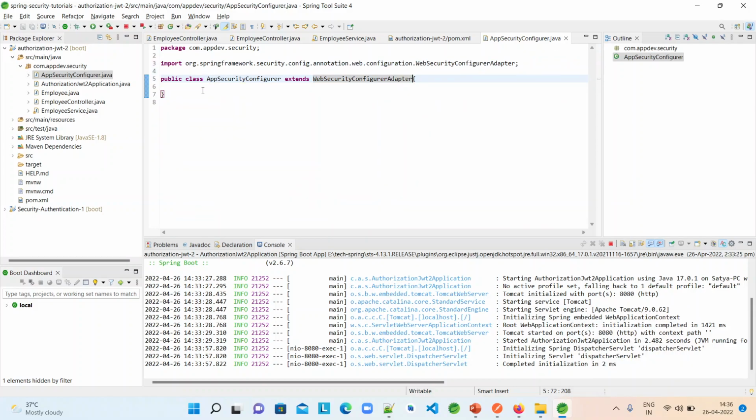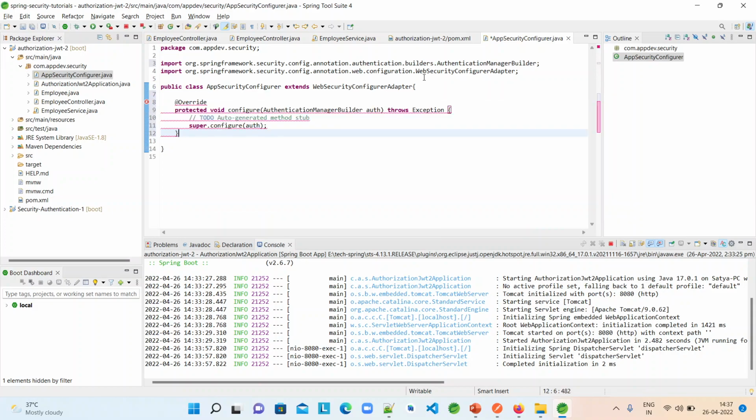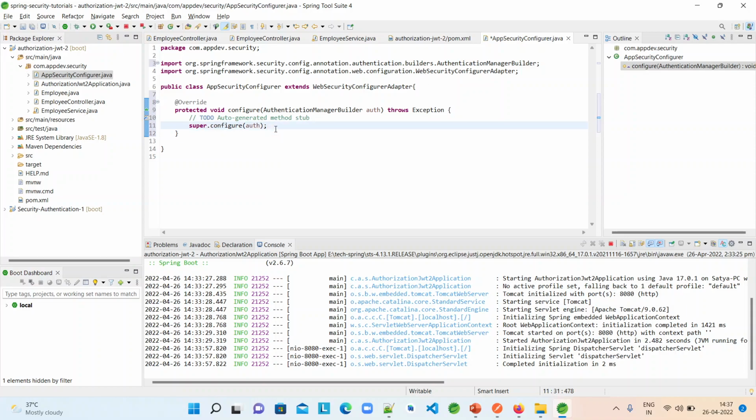Because this is the one which is having access to authentication manager. That authentication manager manages all your authentication techniques for your microservices. So we have to override this method. Okay, so in order to use the JPA based technique for authenticating your microservices, what we have to have